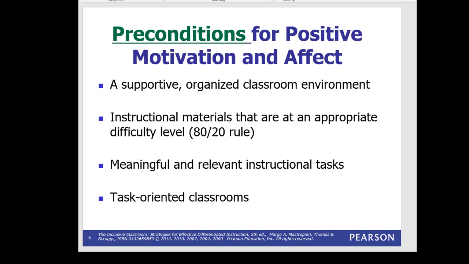Now, the idea of an appropriate difficulty level, right? So first of all, we have this idea of scaffolding, where we need to put new learning on top of old learning. But also, when you guys take Ed Reading 400 and 430 and you do running records, you're going to have this concept of instructional level, independent level, and frustrational level. We do not want to give activities that are too easy, because that's going to be a relatively low motivation activity. I can do this, this is not fun, I'm not getting anything out of it. I know I can do it. It's a high effective activity, but very low motivation.